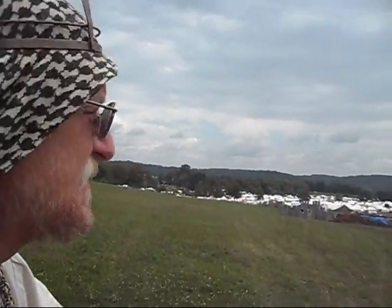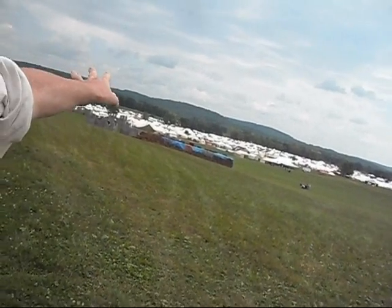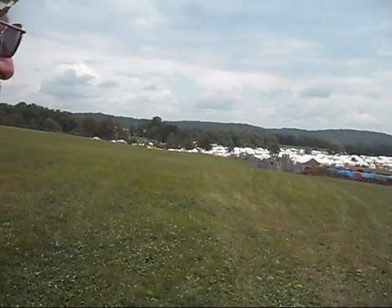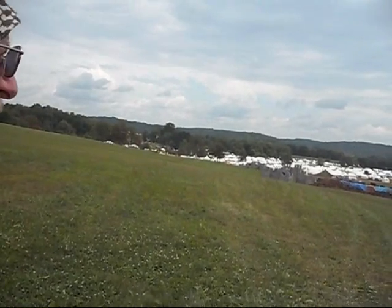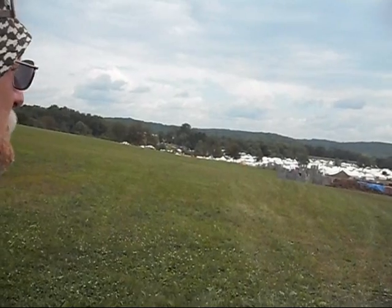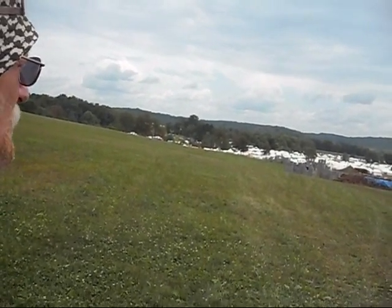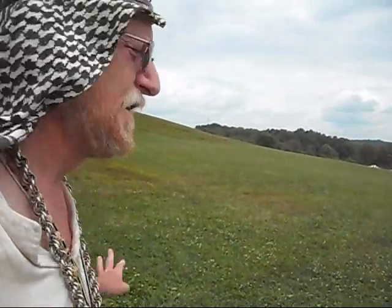From here you can kind of see the Serengeti. It's over there. You can see the fort, and just beyond that there's the vast Serengeti. As a lot of people think, the Serengeti is some sort of flat arid plain, but it's really not. It's actually a wide rolling grassland, and there's a lot of different wildlife on that grassland, so we'll see what we can do on our way across there to survive our trip across the Serengeti. But first we've got to map out a route, so let's take a little high ground and get up to the top of Mount Iceland here so we can get a good...